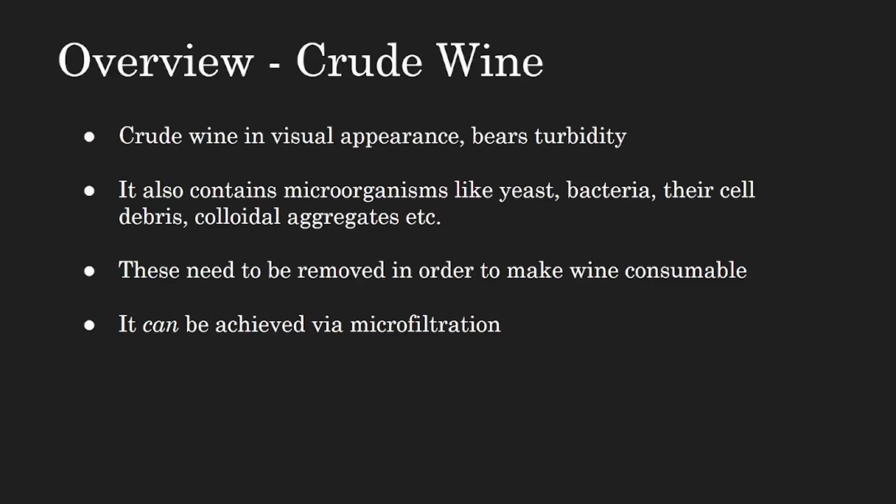Okay, so the example is the clarification of wine. Naturally, or better to say, after some processing, wine is now ready to be consumed. It still contains some visual impurities in the form of turbidity, which does not impart a good effect on the consumer, and also some invisible ones, like the presence of microorganisms using which it is produced at the very fundamental level. So particles or organisms like this need to be removed from it in order to make it consumable and user friendly. This can be achieved via microfiltration.